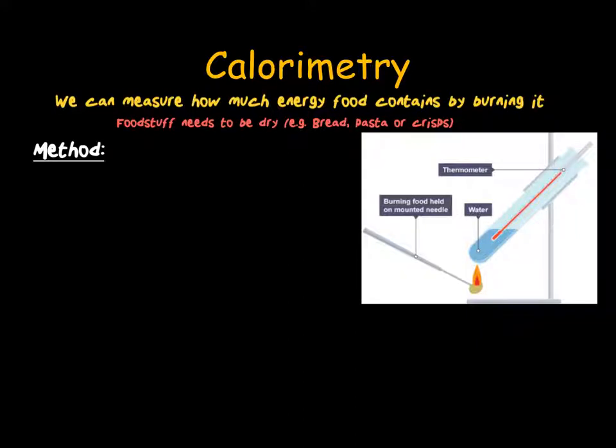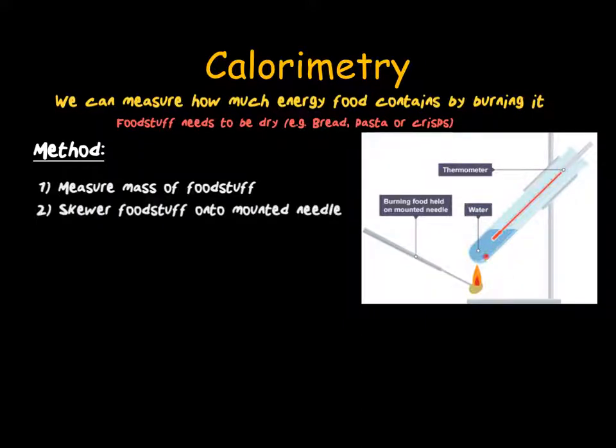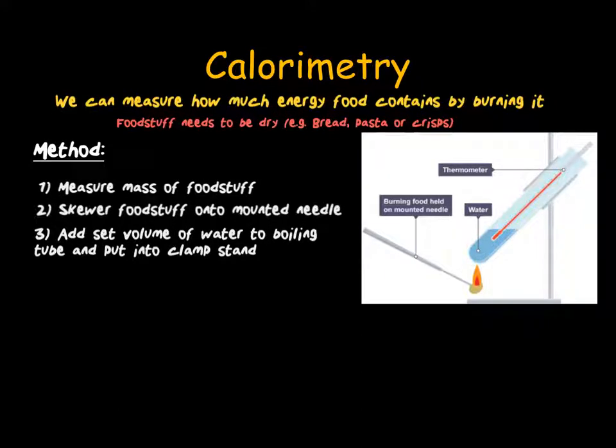First, we need to measure the mass of the dry food, and then we skewer it onto a mounted needle. This will allow us to hold it underneath the boiling tube with the water and the thermometer. Next, we add in our set volume of water to our boiling tube, and we hold it in place with a clamp. This will be used to measure the amount of energy that's transferred or released when the food is